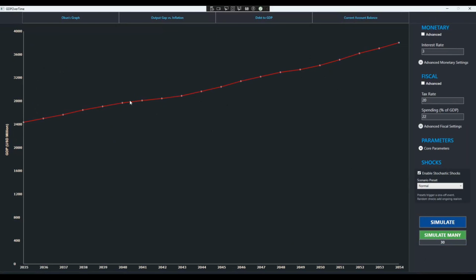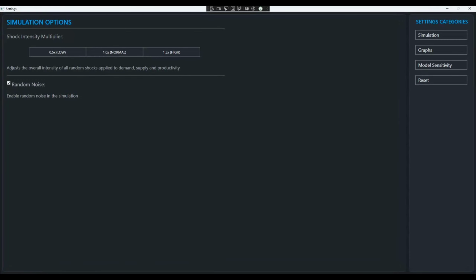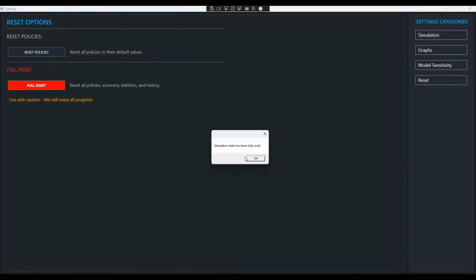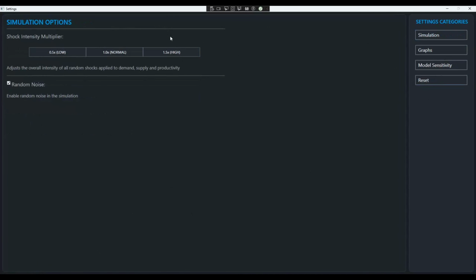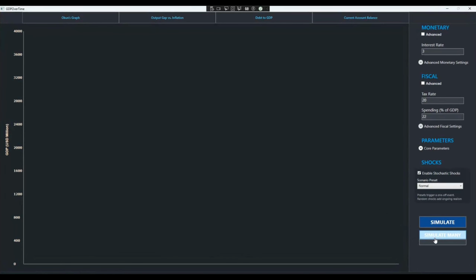And you can see that although there are some varying points within the trend line, it's a lot more consistent throughout, especially this period and the ending period. Consistent positive gradient, strong correlation coefficient. And now going back and fully resetting the simulation. Now if we choose a 1.5 times shock intensity multiplier, which is a high value, and we simulate 30 years,